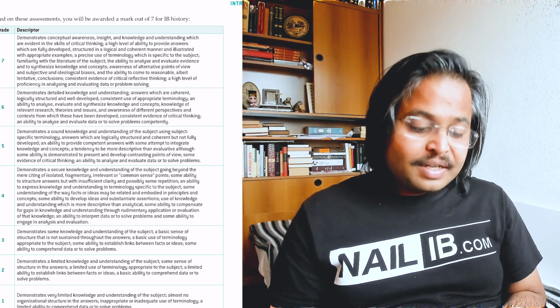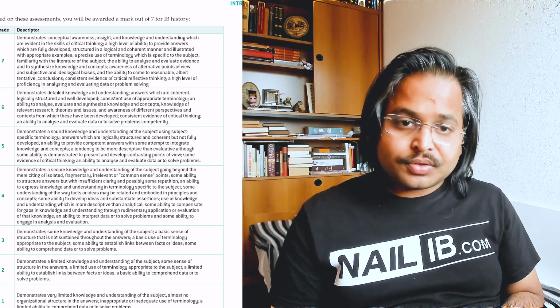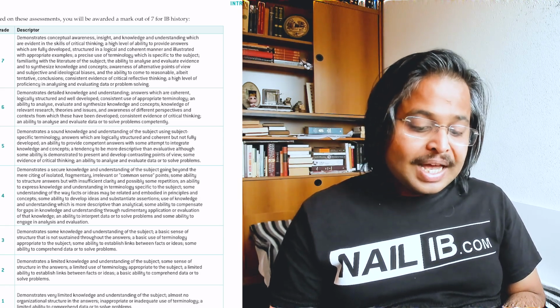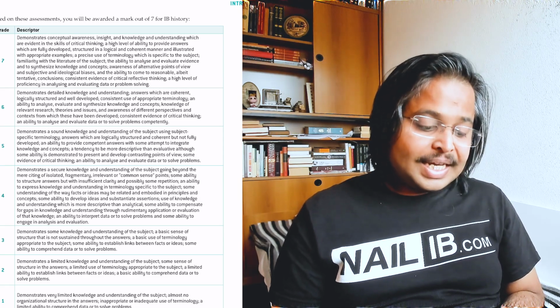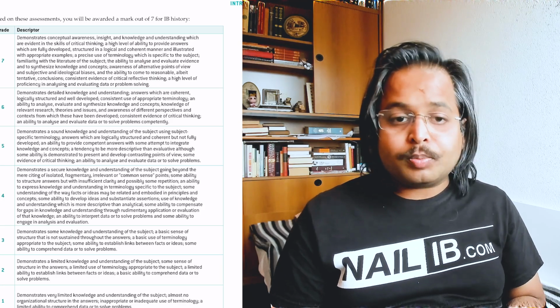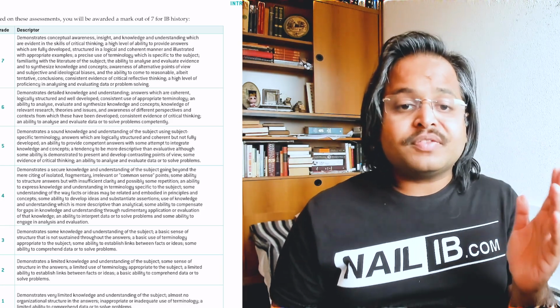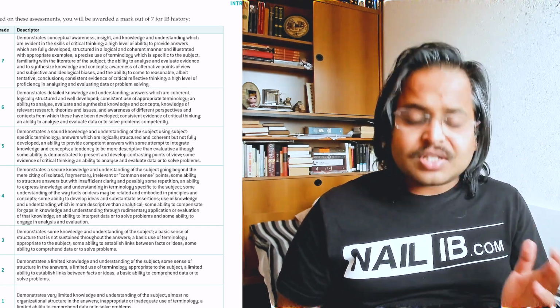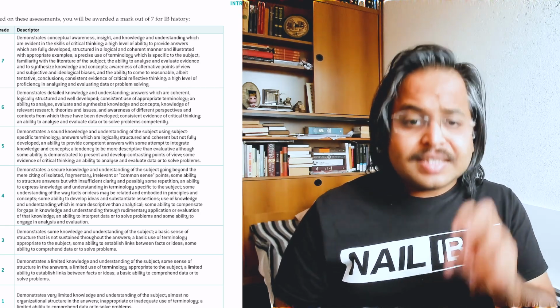Consistent evidence of critical and reflective thinking should be available to your examiner, and a high level of proficiency in analyzing and evaluating data or problem solving. So this is the descriptor for 7. As you can see, as far as data or problem solving is concerned, that means this kind of a descriptor